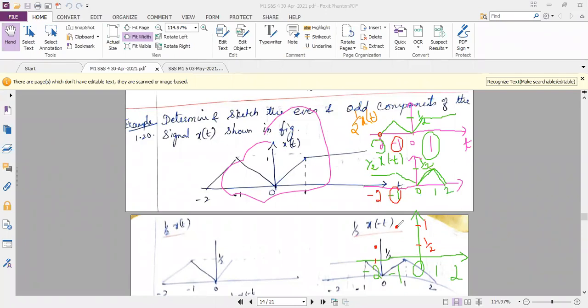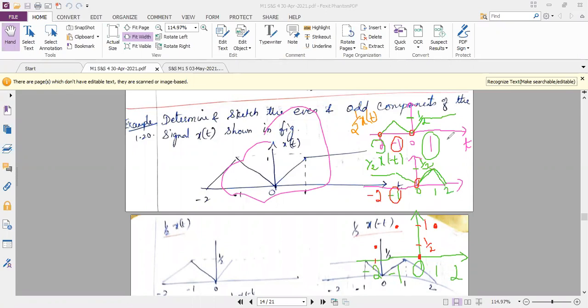Okay. Now, next is at 0. At 0, I want you to just analyze it. The first diagram, the amplitude is 0. And in the second diagram, the amplitude is 0. So 0 plus 0 is 0. So I'm plotting 0 here. At 0, I'm just marking the amplitude as 0. So now, at right hand side, at 1, the first diagram you have an amplitude 1 by 2, and at second diagram the amplitude is 1 by 2. So if I add 1 by 2 and 1 by 2, at 1 my amplitude will be 1. Okay, I'm just putting the dot.